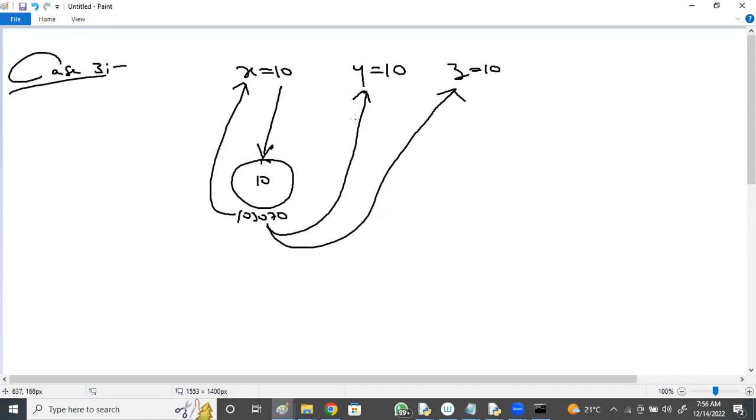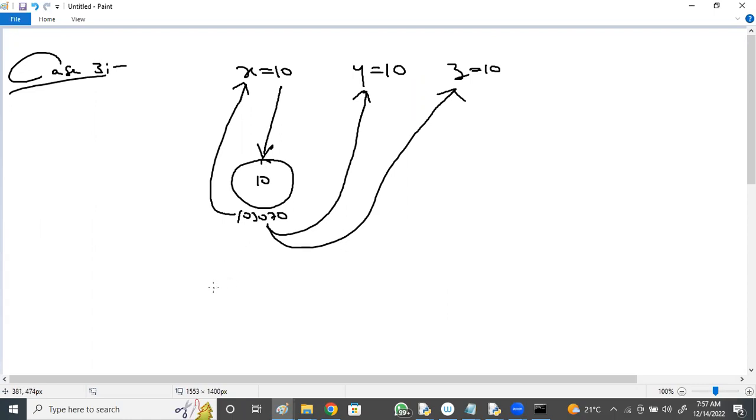Okay, fine. X, Y, and Z, they are sharing the same content in the address, right? Yes. Okay. If X value is 10, Y value 20, Z value 30, then how many objects? Three different values. In such a case, three different objects get created with three different addresses. But here the values are the same, so only one object, only one address.